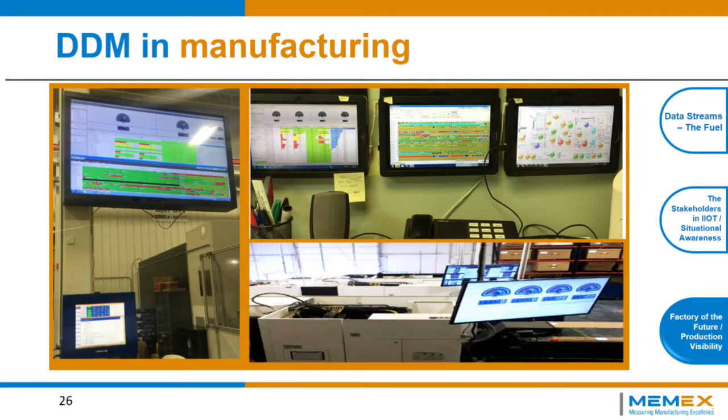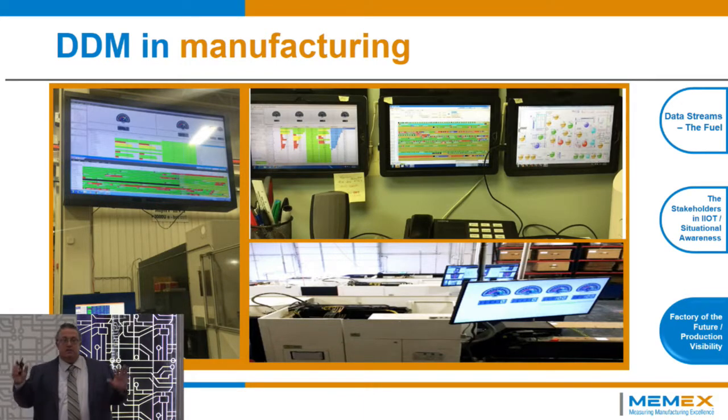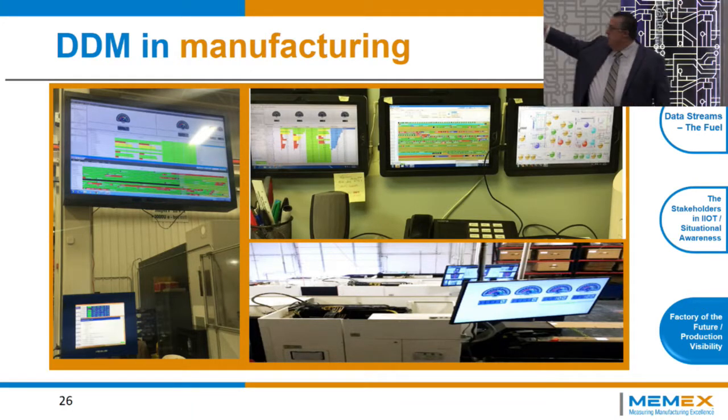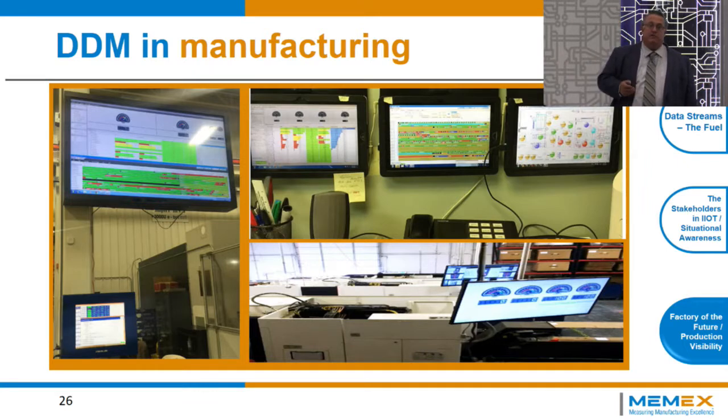This is an example of a customer of ours. This is the operations manager's office. He's got 3 screens, and this is how he operates his entire factory. They have 30 machines. So they live by this data. And when a bubble on that screen to your right is red, and it's red for a sustainable period of time, he's actually out on the factory floor inquiring what's going on.